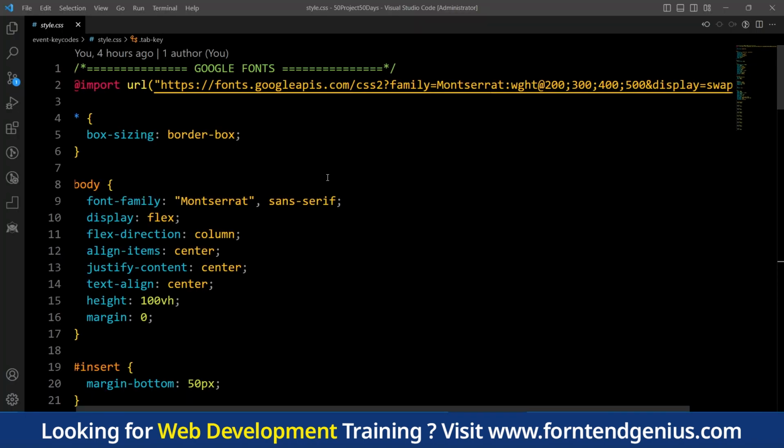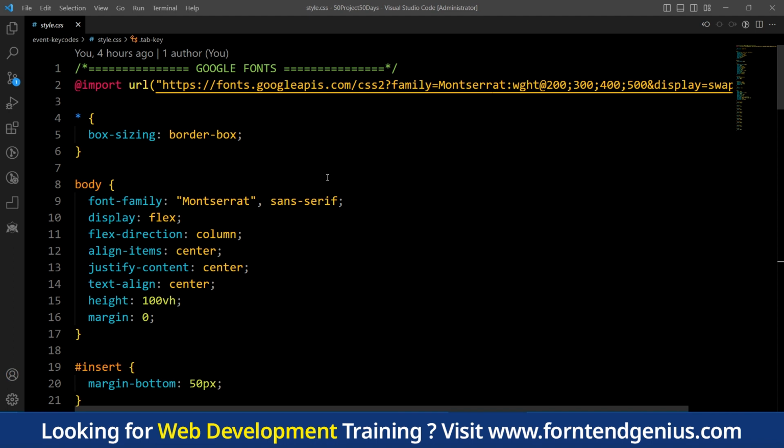Okay, so in our project first we have imported a Google font, that is Montserrat. If you don't know how to import a Google font, you can refer to my first project video. In that project I have explained how to get the Google font from Google. Then there is a